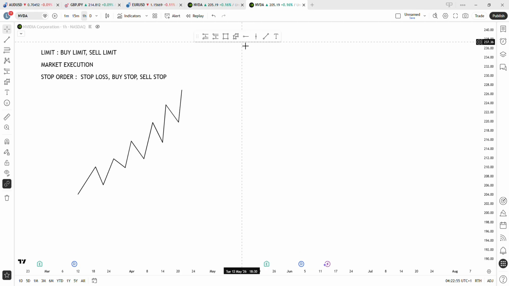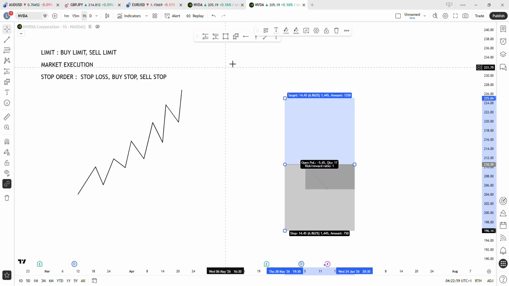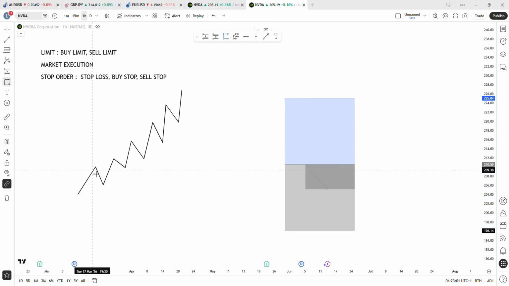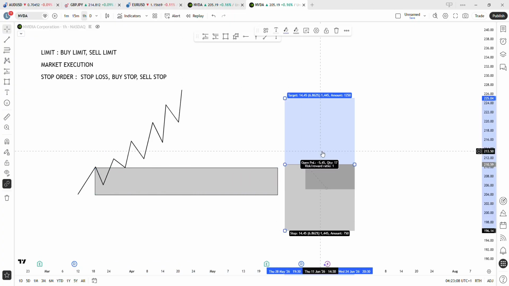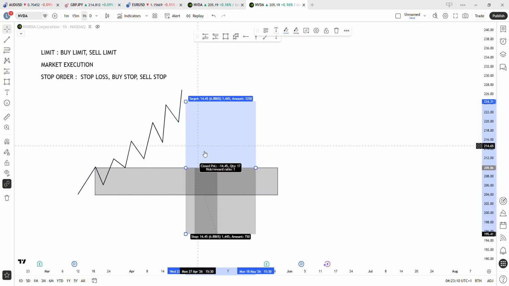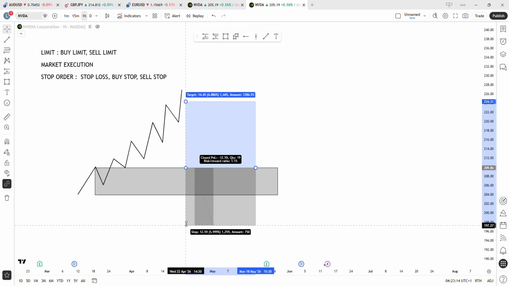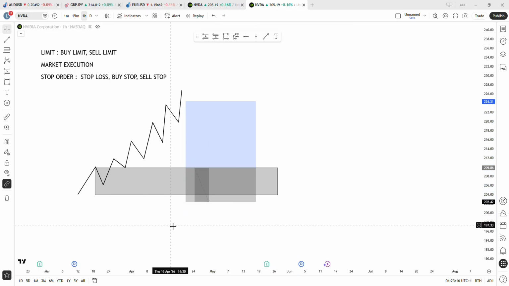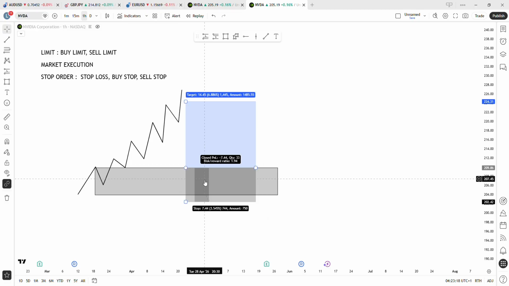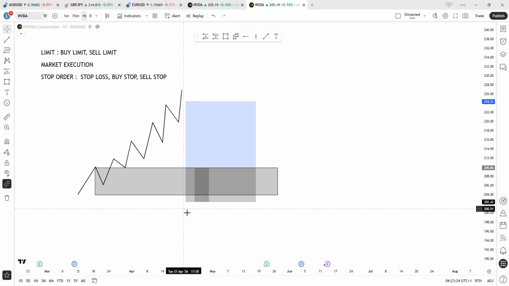Now stop loss order is, let's say you had this area of demand, right? You have this area of demand like this, and then you want to buy. You set your buy limits to tap you in whenever price gets back to this area of demand, but you have your stop loss maybe a few pips below it, meaning that if price doesn't respect this area of demand and it breaks through it to the downward side,